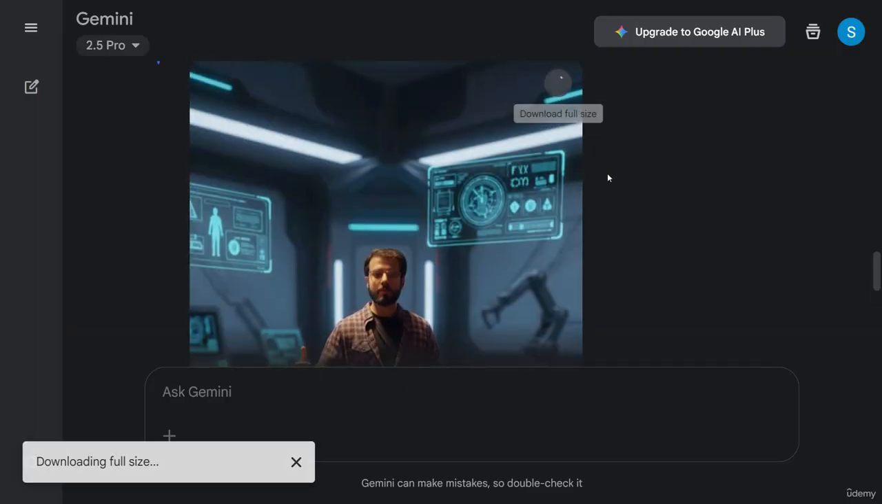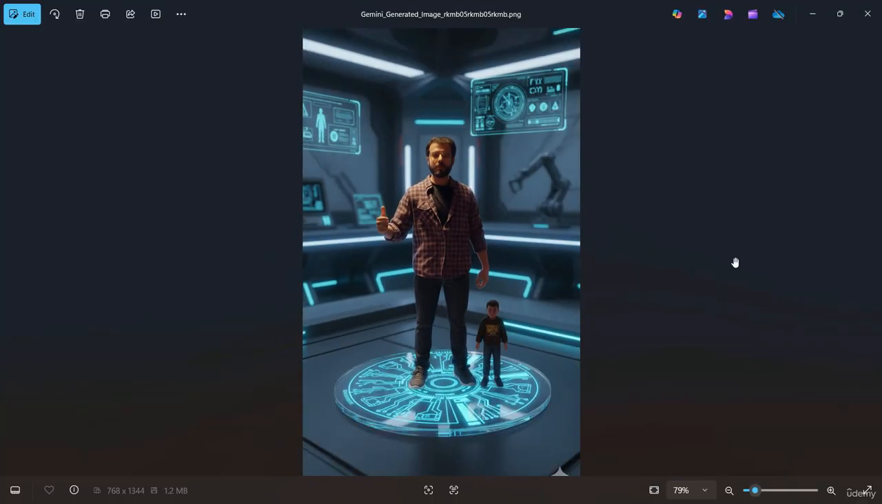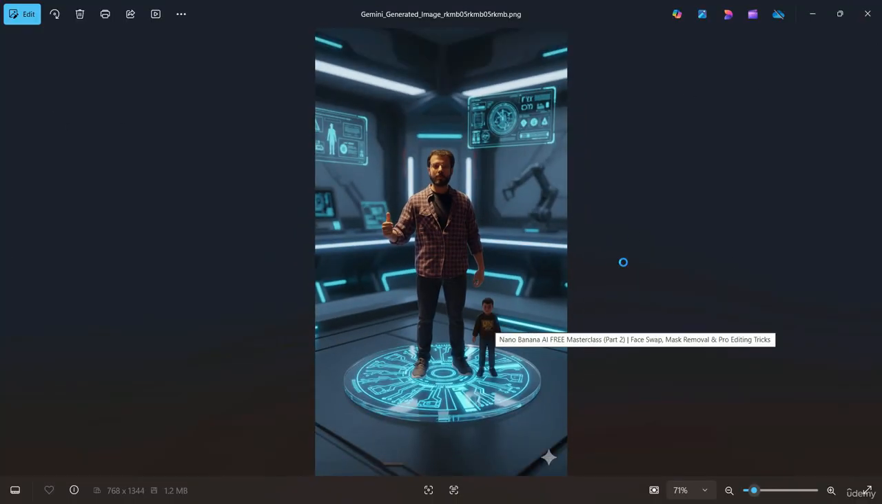Now, whenever you want to download any full-size image, let's download this. And this is how the final version looks like. Pretty awesome, right? So that's how we can create some super